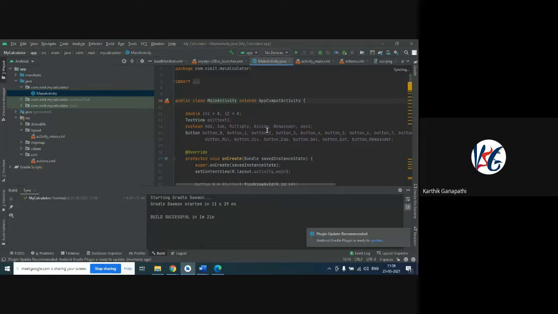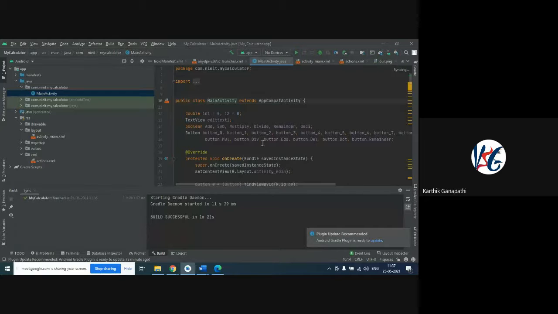Before going to the launching of this application, let me give an introduction about the Java coding part. I'm just going to give a brief introduction about the coding, because this is not the coding session. I just want to explain to you how the structure of Android works. I'm not going to explain how this coding part is going to be, or what logics we are going to use. I'm just explaining the components, that's all. Okay, now let's move on to the next part, that is the coding part.